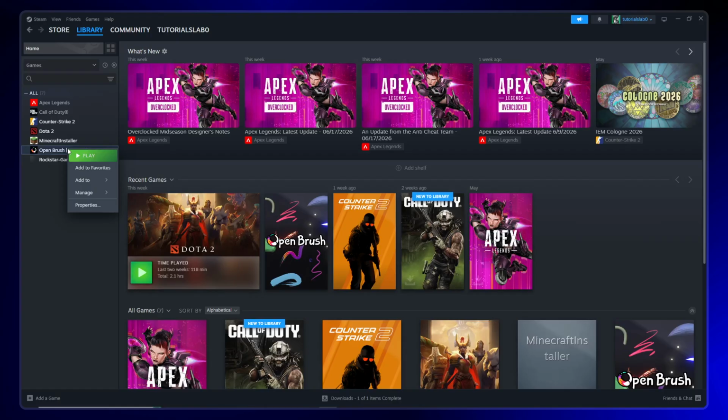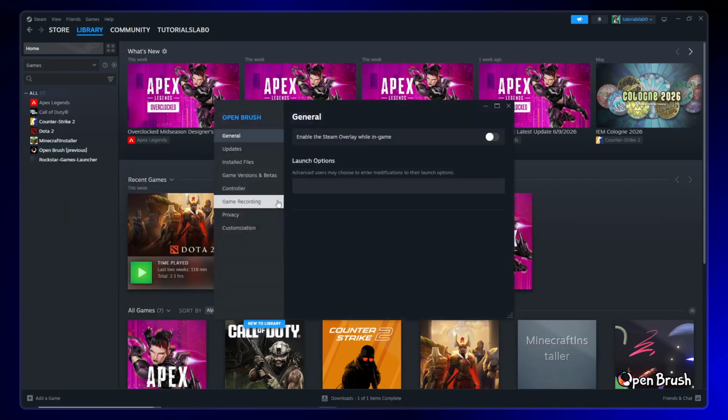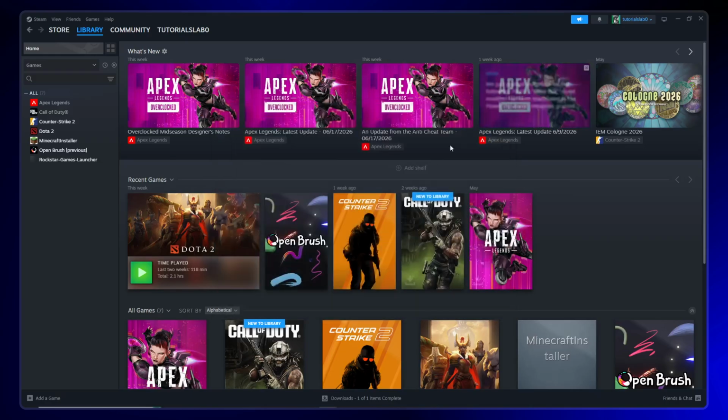Then select Properties. Look for the option that says Enable the Steam Overlay while in game, and right beside it, toggle it on. This setting is crucial because it allows Steam to inject the overlay into your game, and if it's disabled, you'll likely encounter this error. After making this change, restart Steam. This is essential for the settings to apply properly. Once Steam restarts, try launching your game again and the error should now be